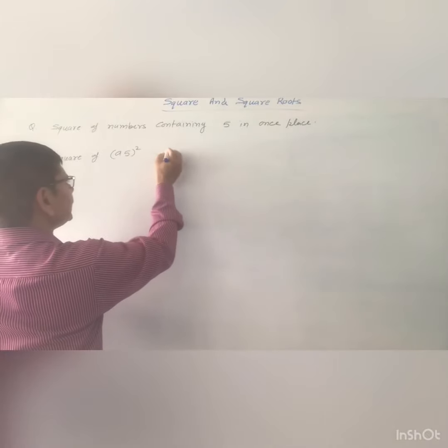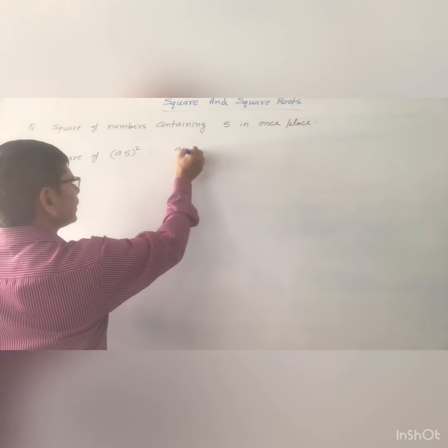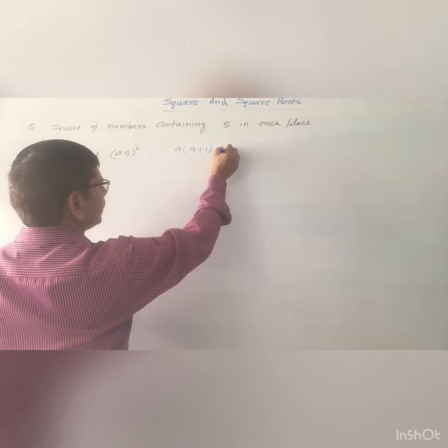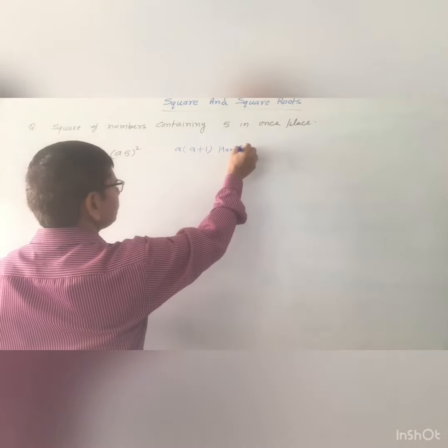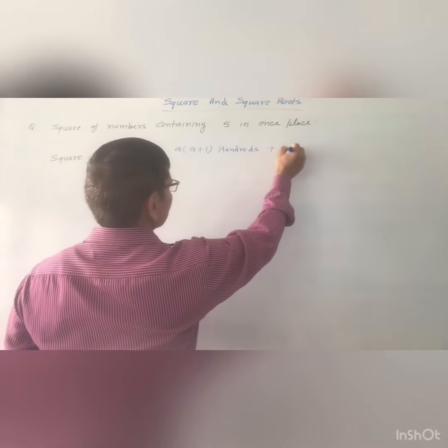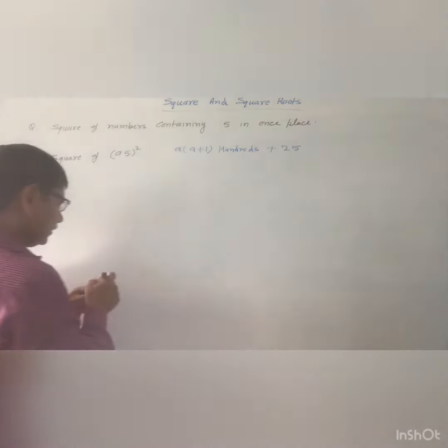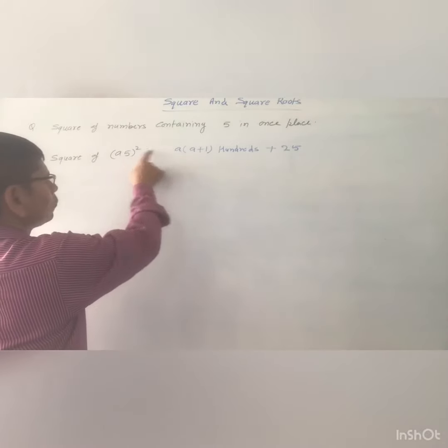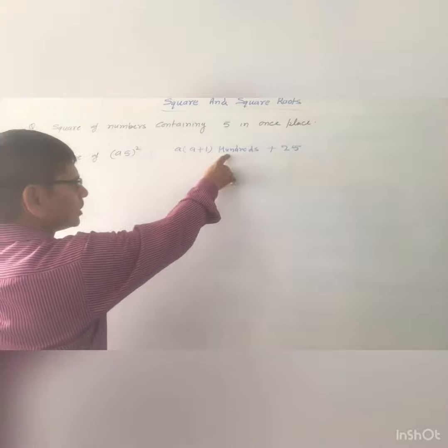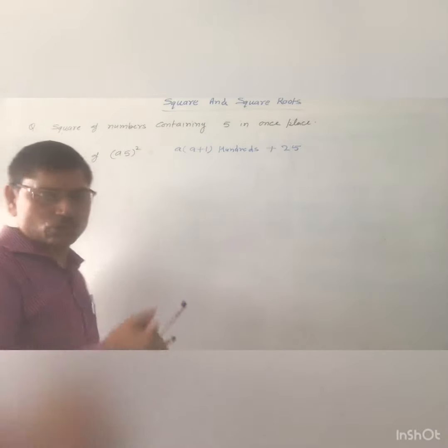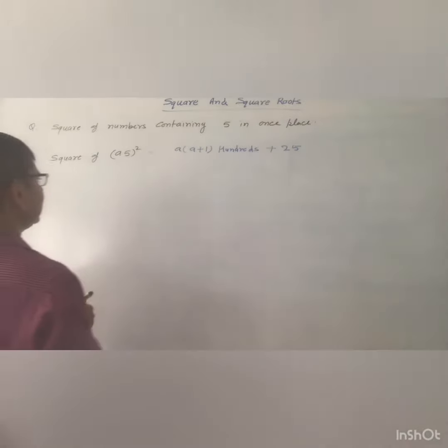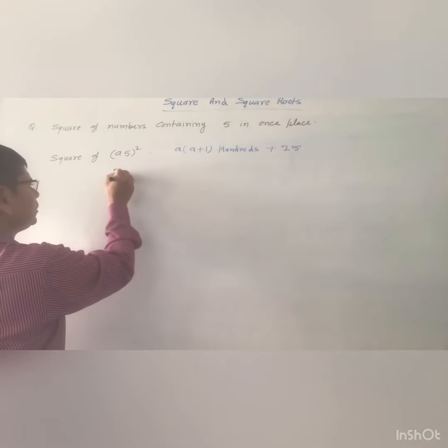You will write it as A and A plus 1, into hundreds plus 25, ठीक है। यहाँ पे कुछ भी नंबर हो तो आपको वो नंबर लिखना है, and A plus 1, दोनों का मल्टीप्लिकेशन इंटू हंड्रेड्स प्लस 25।